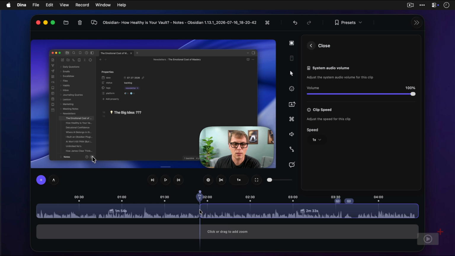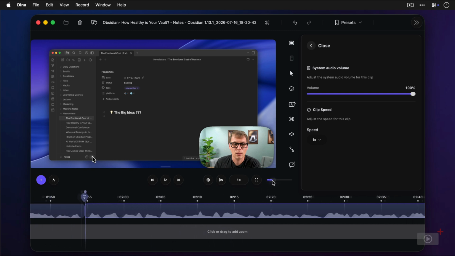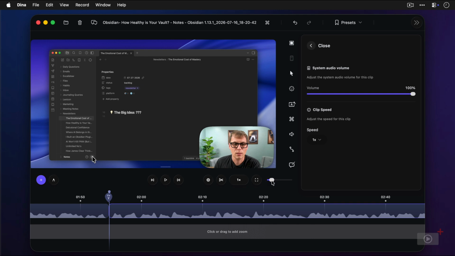Right now it's zoomed all the way out, which means that the entire timeline for the entire clip is viewable from left to right. There's nothing to the left or right of what is displayed on that timeline view. But if we zoom in, you can see that the waveform gets more spread out, and now we have more granular control over the specific elements in the timeline view. So if you want to make a very precise cut in your timeline, the zoom can be very handy for